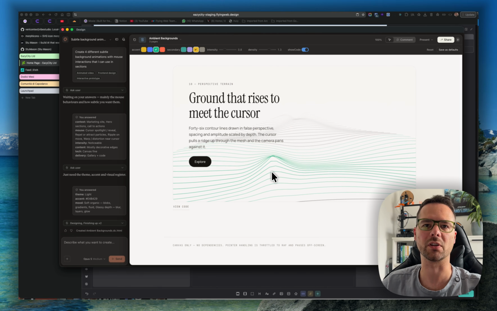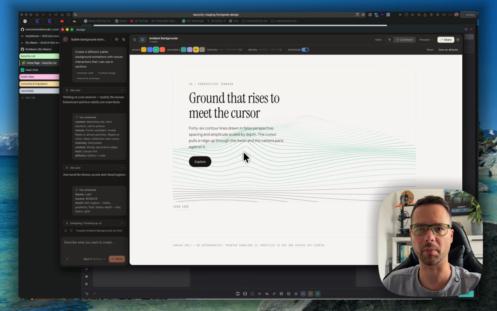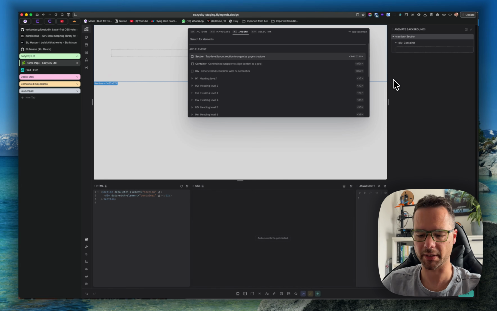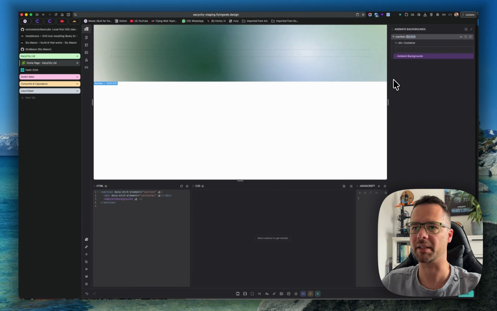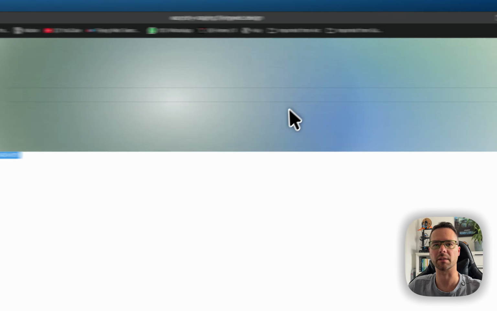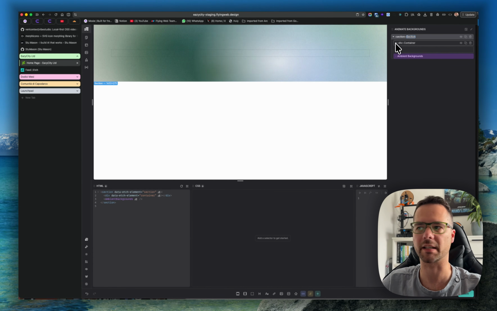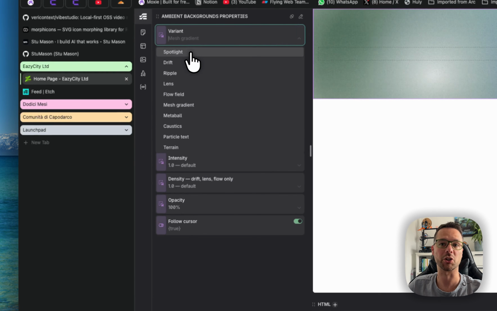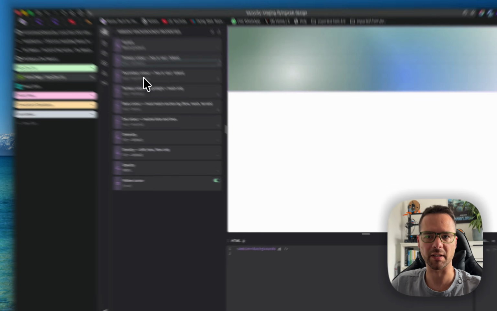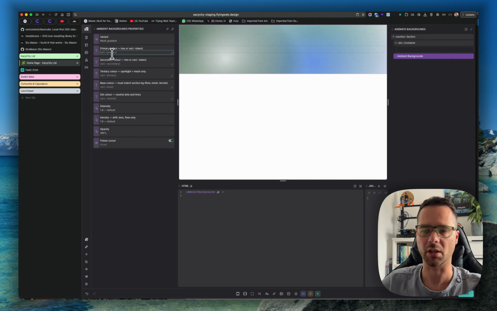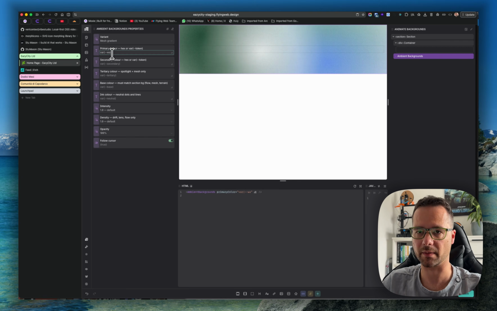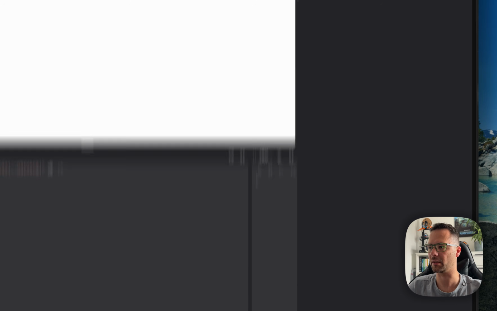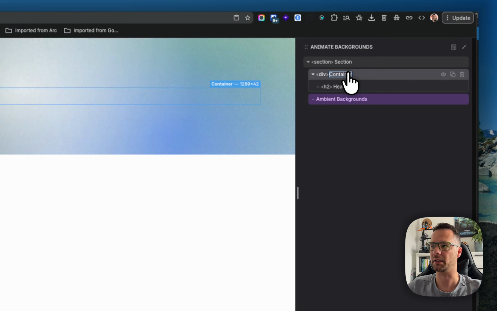So what I have done, I used Etch to create the component for me, and here is what it looks like in action. If I add the component, which is called Ambient Background, as you can see now we have this background, and right now I didn't add anything inside the section. So when I click on the component, you can see that we have all the variants that I showed you before, including you can set up the colors, and of course this all works with CSS tokens. The only thing that you need to be aware of here, okay, let me add a text heading, is